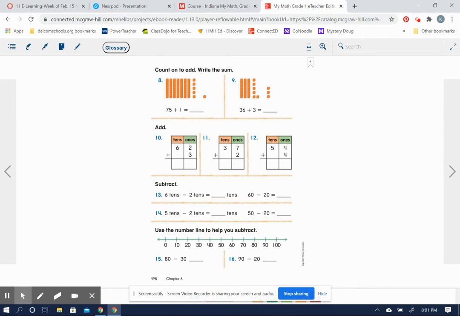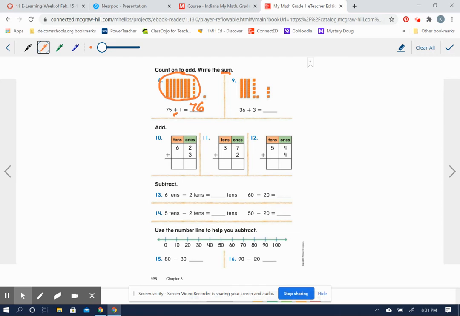Write the sum. That is an addition term. The answer to an addition problem is called the sum. So we're going to be adding. We're going to add 75 plus one more. Here's a model of 75 right here. 75 and one more is